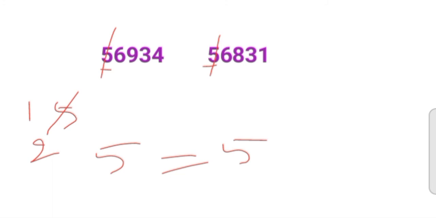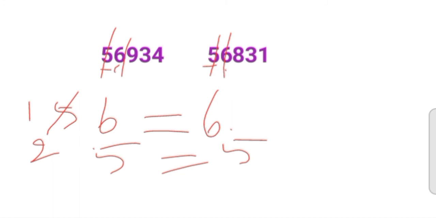Okay, so you can go to the next. Actually, it is the thousands place. You can compare the thousands place in both numbers. So both are 6. So this is also not applicable because 6 is equal to 6. We can't conclude which is the biggest number.